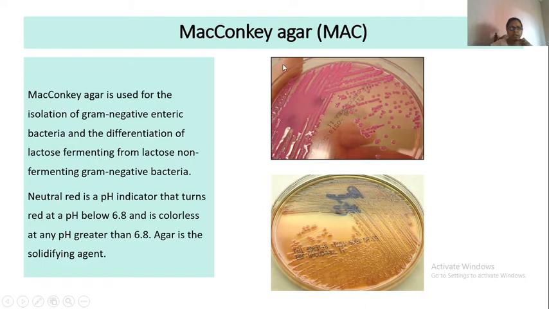So we will discuss the principle of MacConkey agar here. MacConkey agar has a sugar called lactose incorporated into it, and it also has an indicator called neutral red. If a bacterium has the ability to ferment the lactose present in the media, it will ferment it, and once the lactose is fermented or broken down, it will produce acid. This acid will bring down the pH of the medium, and at a lower pH, the indicator neutral red will show its color, and that is why you see pink colonies. Let's come down to the other diagram over here.